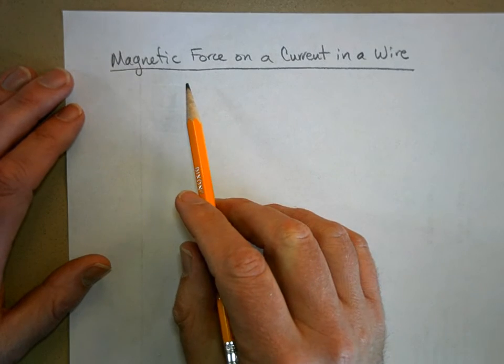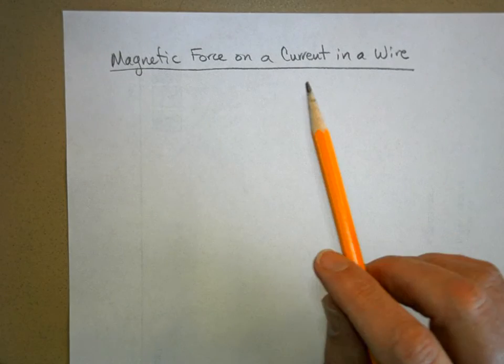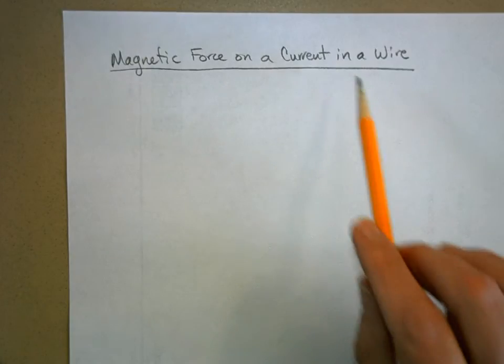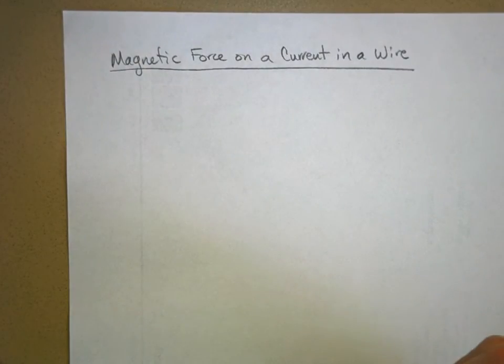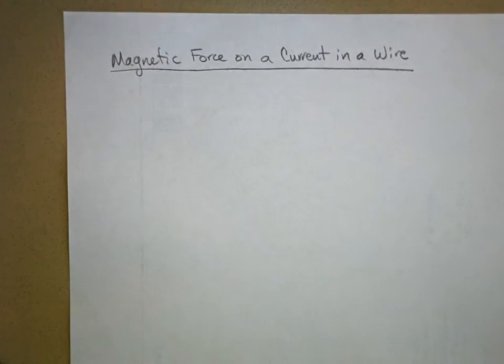One of the situations that we're going to deal with is a long straight wire with a current running through it, and we're going to put that wire in a magnetic field, and we're going to get a force on it. Now, we're going to keep it really simple: just straight wire, magnetic field, force on it, and so on. But this is really super important because